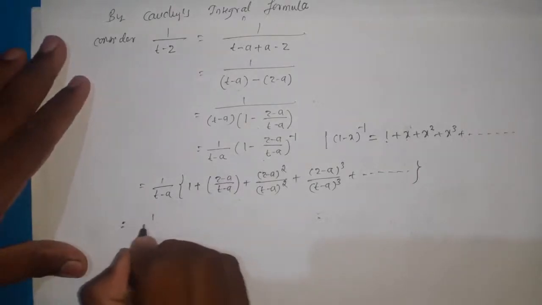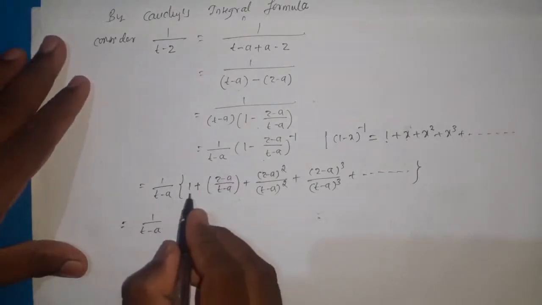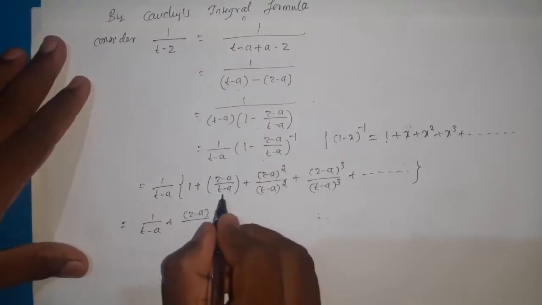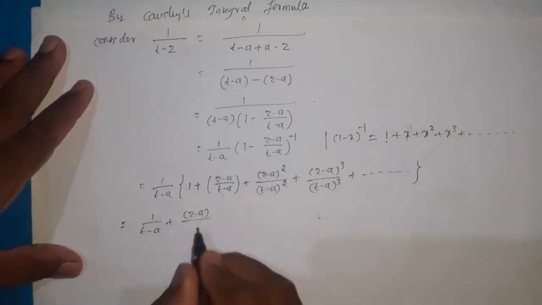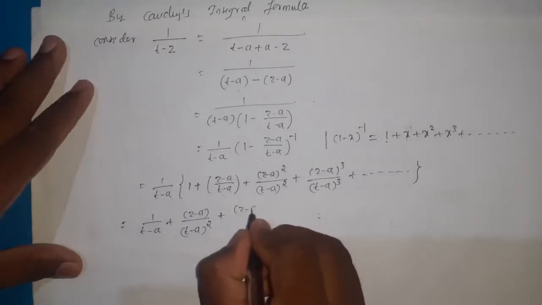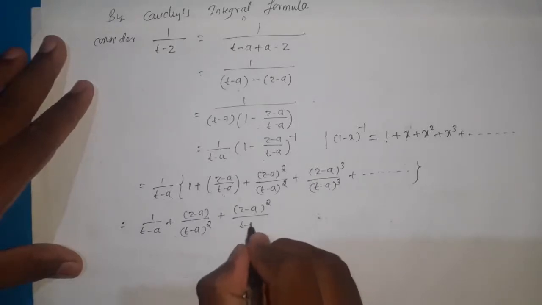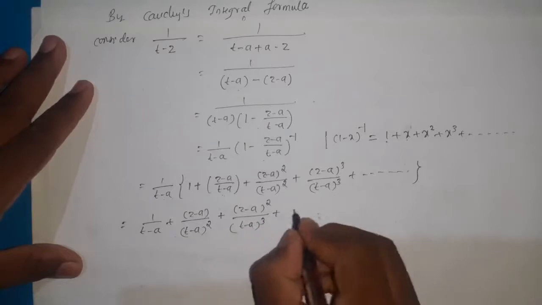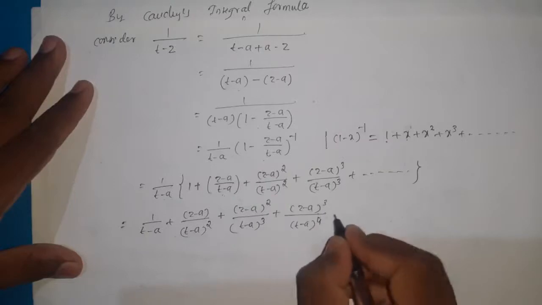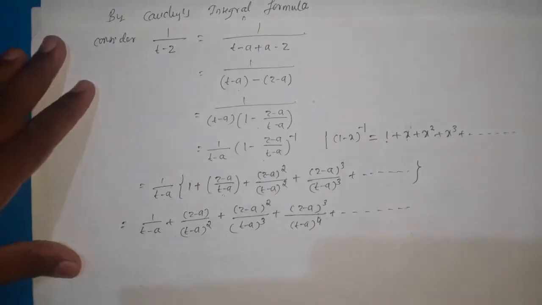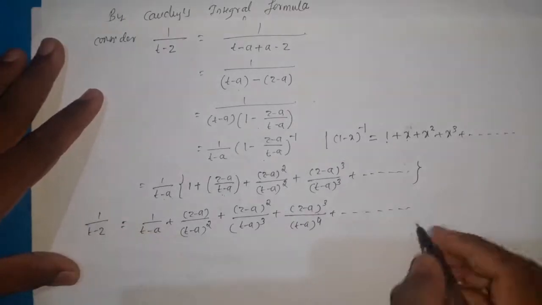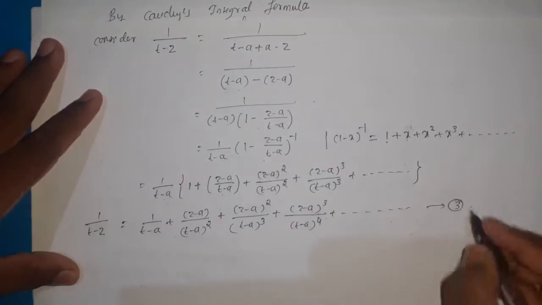So therefore it is 1 divided by t minus a into 1 plus z minus a divided by, so already t minus a is there, so t minus a into t minus a, that is t minus a square, plus z minus a whole square divided by t minus a whole cube plus z minus a whole cube divided by t minus a whole power 4 plus and so on up to infinity, which is equal to 1 divided by